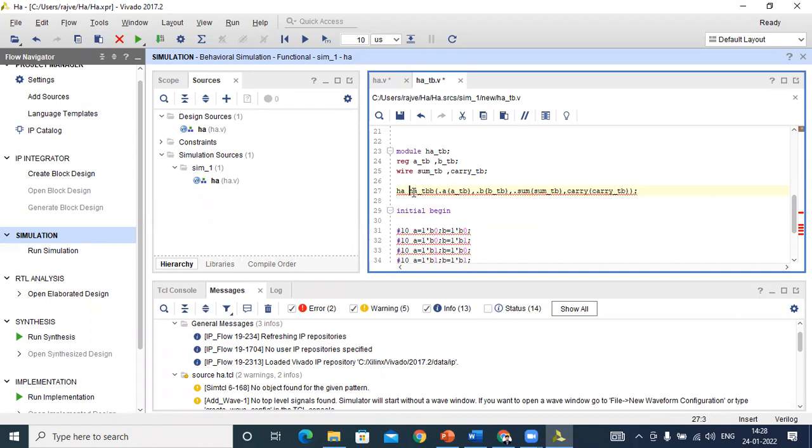I think my software is not working. Okay, this one is left. Sorry, dot left. Okay, that's one.